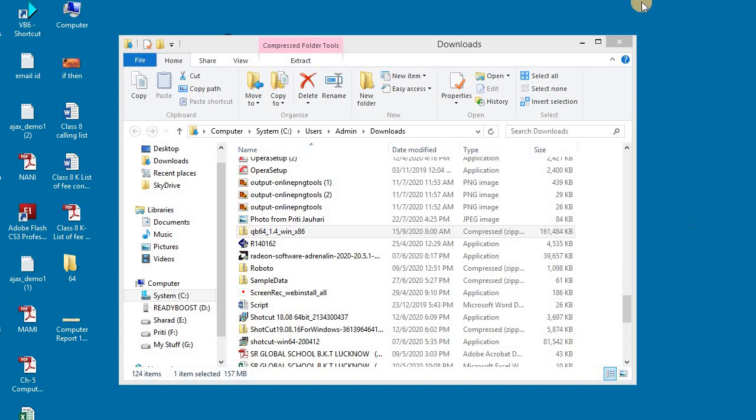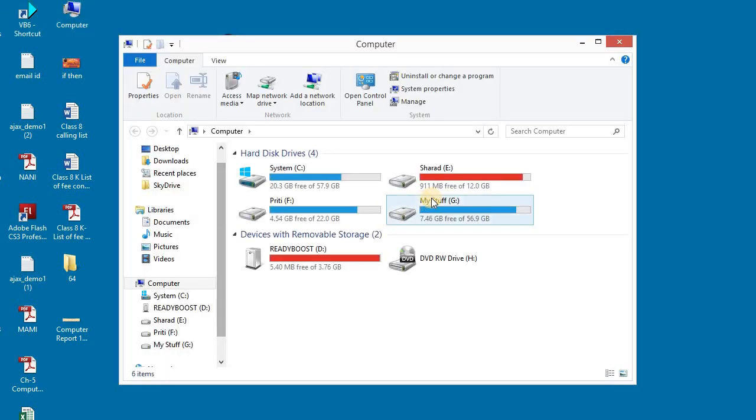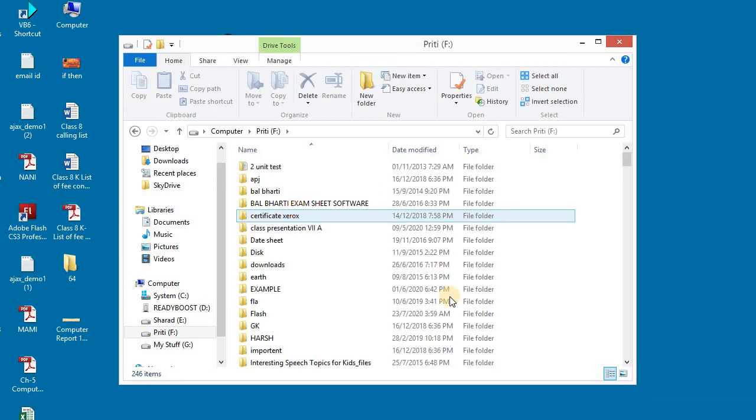So we will open F drive from the My Computer icon. Open the My Computer icon and open F drive. Do you remember? We created a folder named QBasic in F drive, where we stored the extracted files.